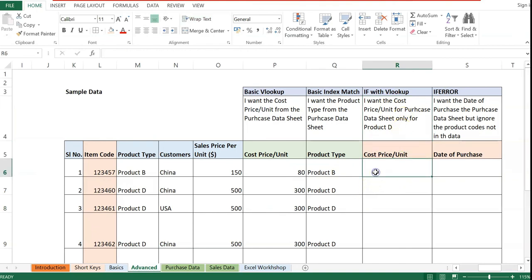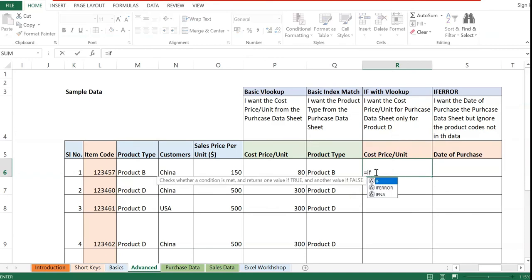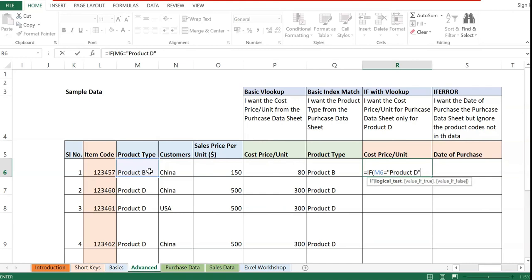So what I'll do, I can use an IF condition. Press equal to, input IF. First you need to do a test. Check whether the line item, this particular row, this item code is product D. So I select the cell, I put equal to, and I put the double inverted commas and type product D, close the double inverted commas. Now that comprises my